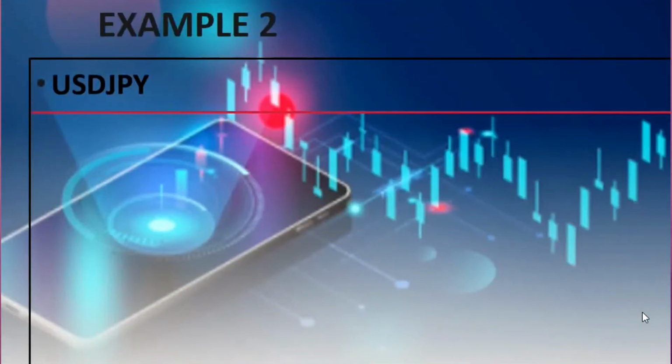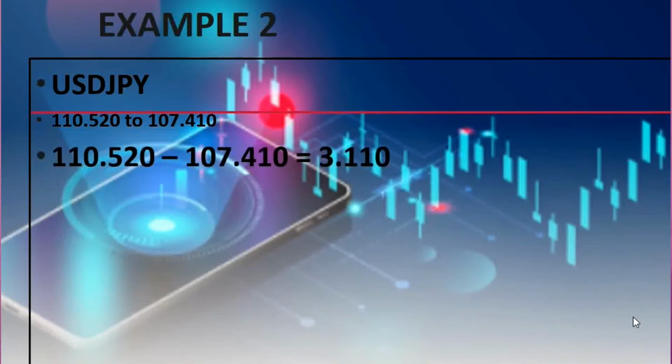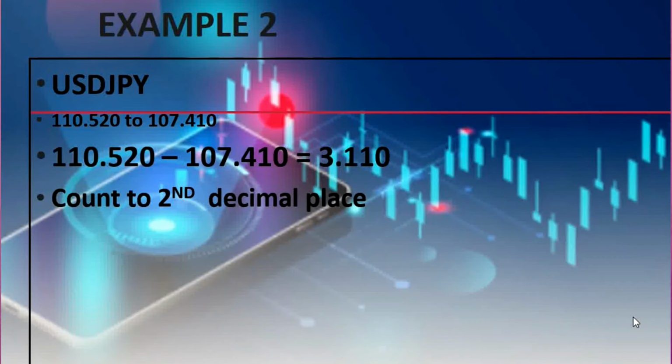For the JPY pairs, let us look at the USD JPY. If I sell USD JPY at 110.520 and exit the trade at 107.410, the difference in price movement will be 3.11. And since pips for the JPY pairs are counted to the second decimal place,